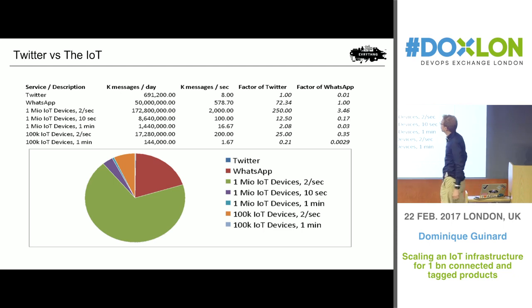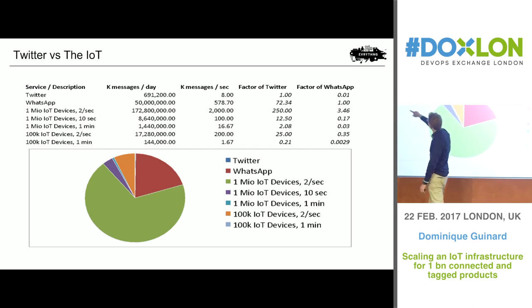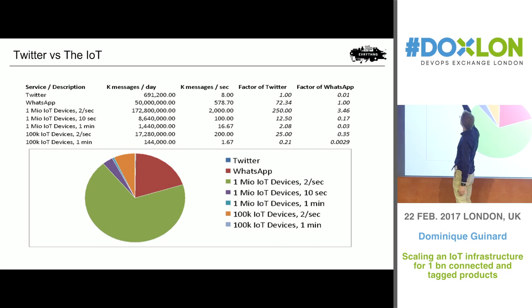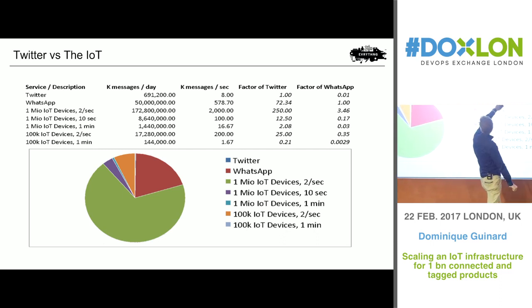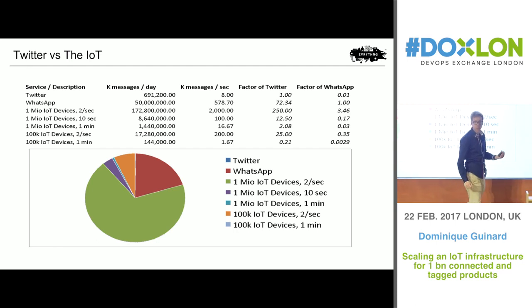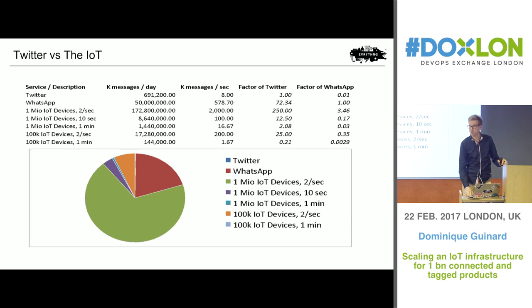Basically, imagine Twitter, right? And imagine the number of messages per day on Twitter. Now think about the 60 or 50 billion devices we're talking about, billion, right? But let's take 100,000 IoT devices sending an update every 2 seconds. That's 25 times Twitter in terms of load. So very quickly, you have very, very high loads in IoT because machines are very chatty and they never stop talking. Some humans are like these.